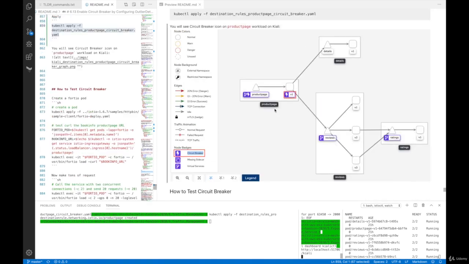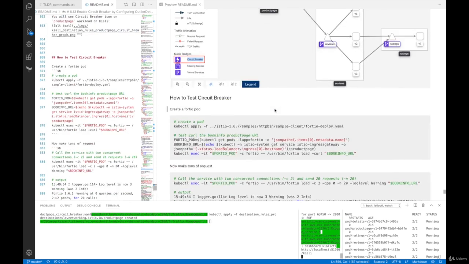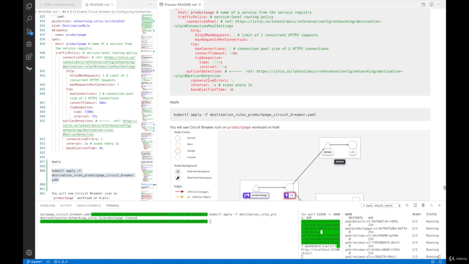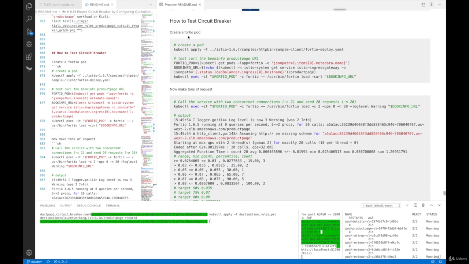So how to test this circuit breaker functionality? We are going to be sending a lot of requests because rate limiting is going to kick in at 1 request per time, and then if anything fails, it's going to show errors. So what we're gonna do is create a Fortio pod. This is kind of like a curl pod on steroids. We can do something like an Apache Bench command where you can send a lot of